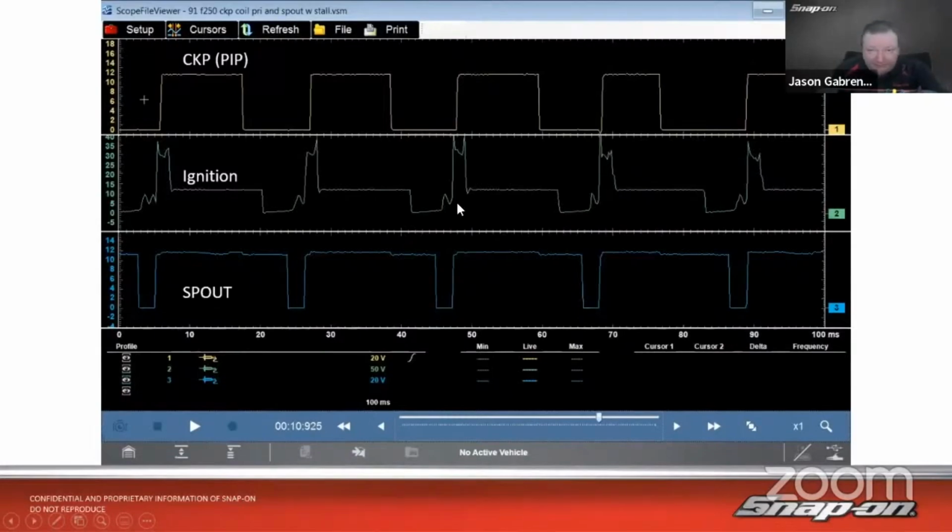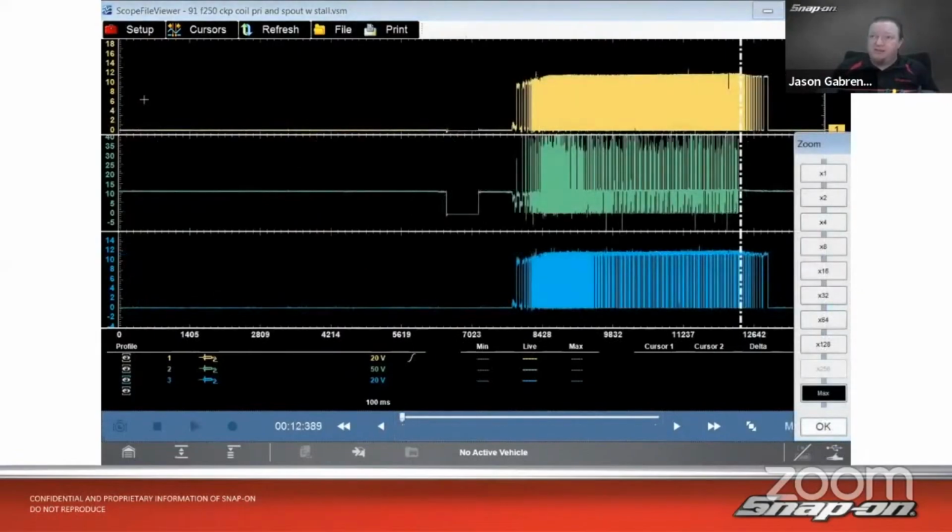So we recorded it with all these 3. Didn't have to use 3, could have just used 2, but in this case, I wanted to see the full kind of loop there. So we said, all right, we'll record it, and then it stalled. So, great, cool, I captured it. We'll see what happens. So we zoomed out, and we can see,